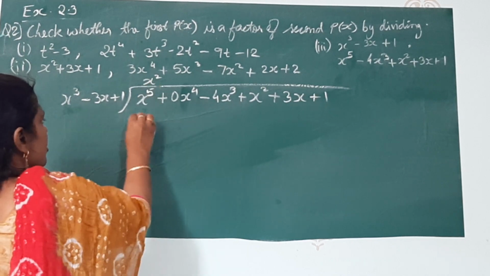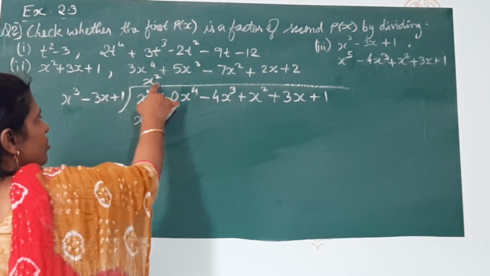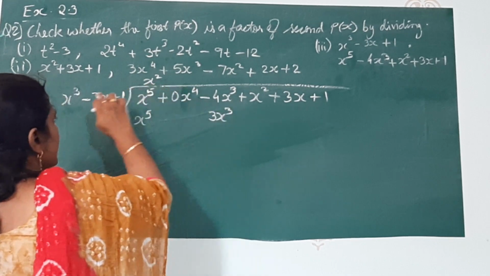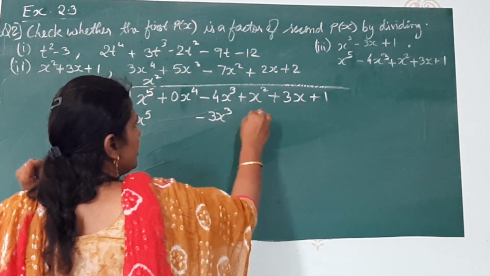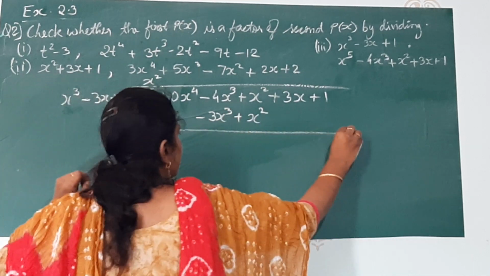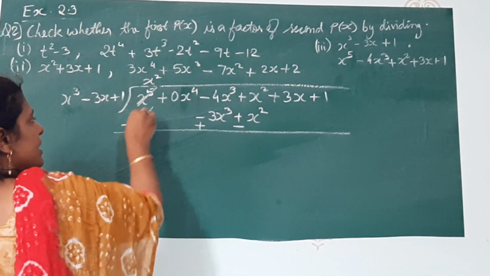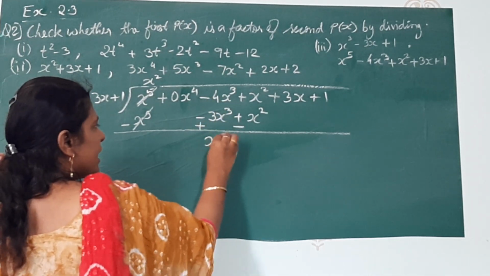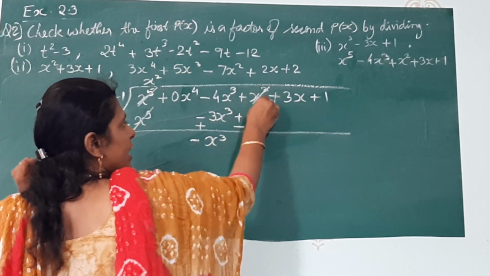Okay, x square into x cube will be x power 5, x square into 3x. See, we have multiplied 3 into x, 3x into x square, 3x cube. Okay, plus into minus, minus, x square into 1, so it will be x square, plus into plus, plus. Here missing, I have not mentioned anything. Now we have to change the sign. This will become minus, this will become plus, this will become minus. Eliminated. Now minus plus minus, 4 minus 3, x cube alone will remain, 4 and 3, 4 is bigger, minus x cube plus x square minus x square eliminated.